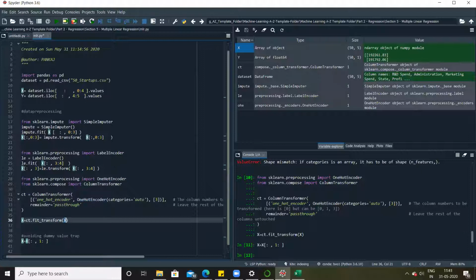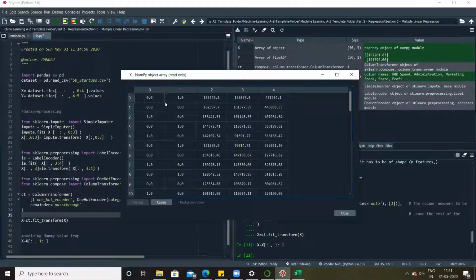We only pass the entire data X here. But this column transformer or one-hot encoder object, in the case of earlier versions of sklearn, should know where exactly to apply one-hot encoding on variable X. So we are telling it, please apply it on column index 3. Does that answer the question, Ashok? Perfect. All right, let's move ahead.